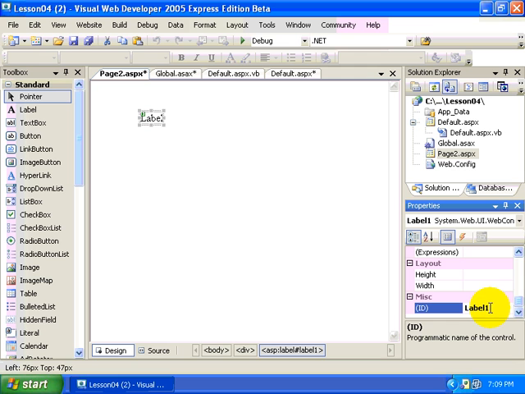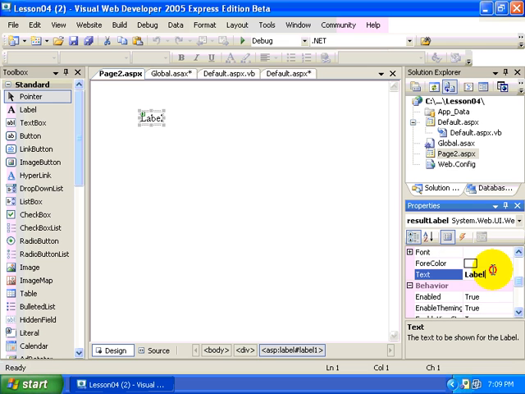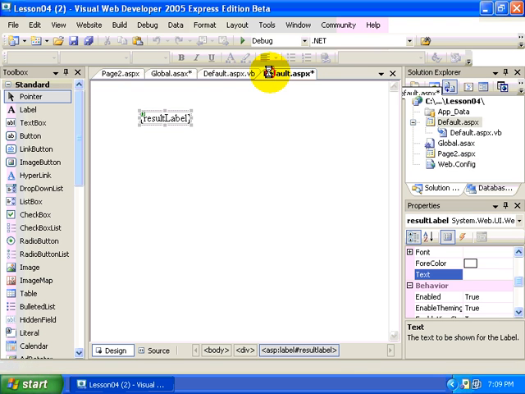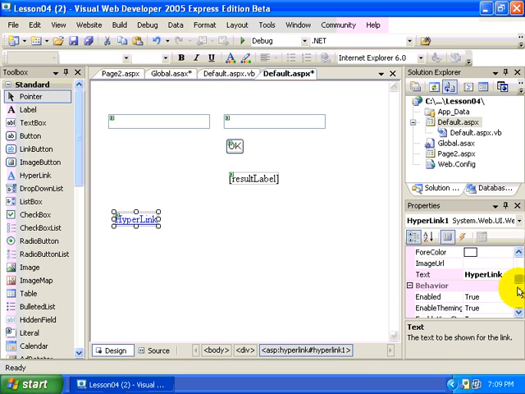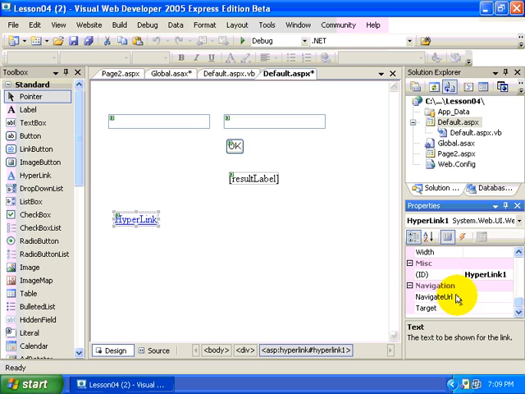And I'm just going to call this result label. Okay, and let's even just get rid of all the text in here. So this is my page 2, and this is going to be the target from our hyperlink. But what I want to do in the hyperlink in the navigate URL property is type in